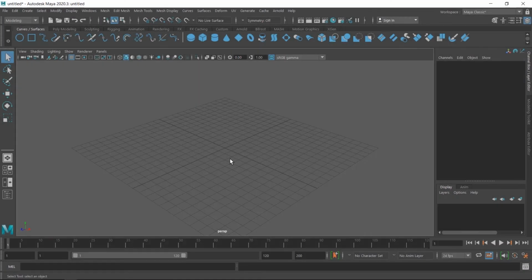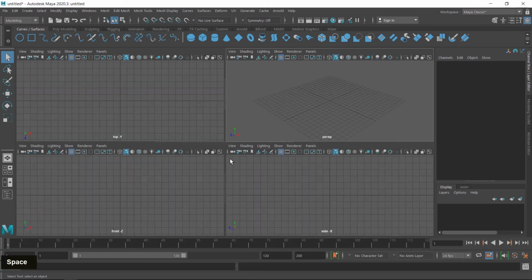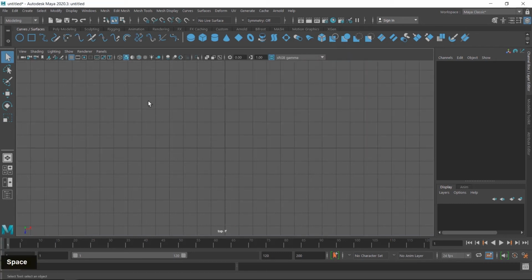Hello student, it's a tips and tricks class, and the first tip is related to Maya navigation. If you want to switch from one viewport to another viewport, you have to press the space bar. When you press the space bar the first time, you switch to the four viewport window, and then hover your mouse on the next viewport and press the space bar again, so that particular viewport is maximized. In the whole process you have to press the space bar 2 times, and if you want to go back to the previous viewport you have to press the space bar 2 times again. But in this tip you have to press the space bar only 1 time.